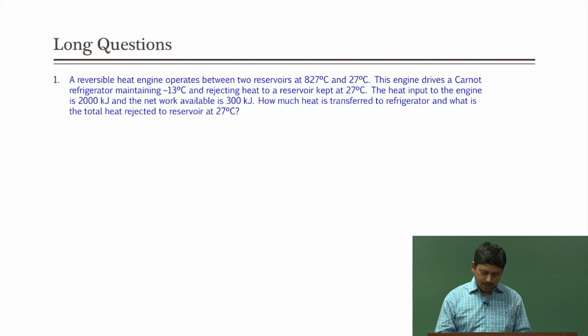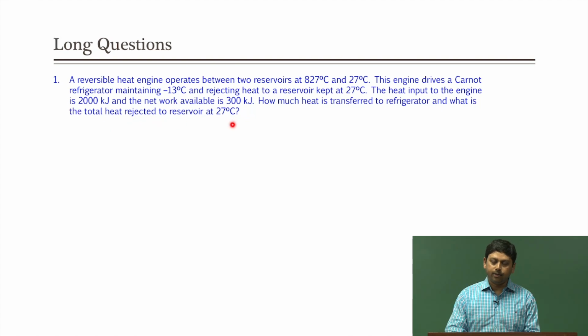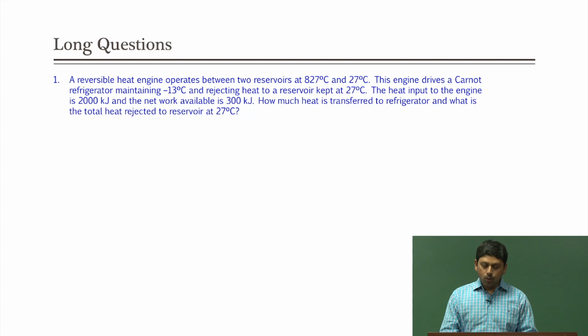Okay, so let us now discuss some of the long tutorial problems for entropy calculation. The first question says that a reversible heat engine operates between two reservoirs at 827 degree centigrade and 27 degree centigrade. The engine drives a Carnot refrigerator maintaining minus 13 degree centigrade and rejecting heat to a reservoir kept at 27 degree centigrade. The heat input to the engine is 2000 kilojoule and the net work available is 300 kilojoule. How much heat is transferred to the refrigerator and what is the total heat rejected to the reservoir at 27 degree centigrade? Okay. So, in order to understand the problem first, then we will go step by step, but